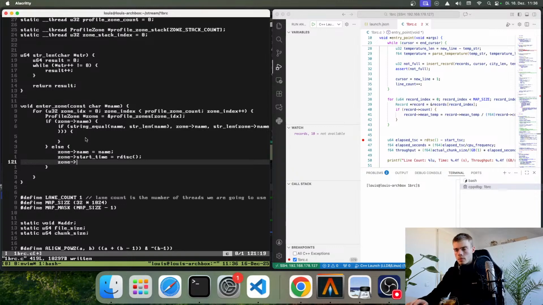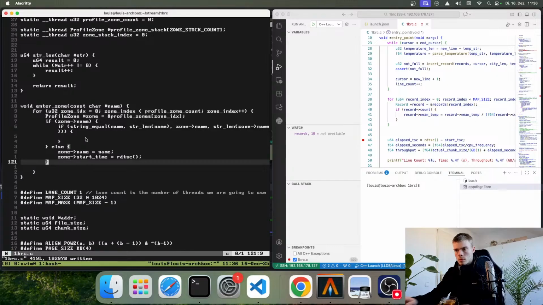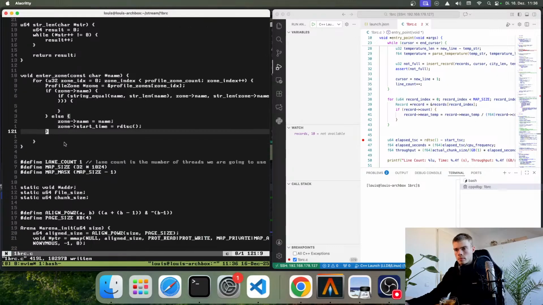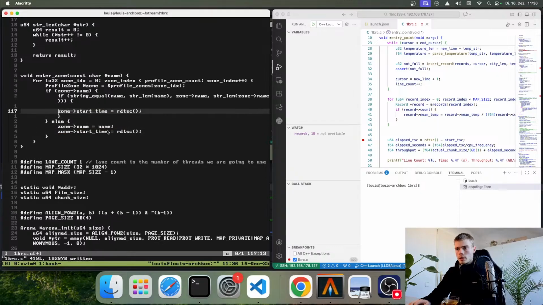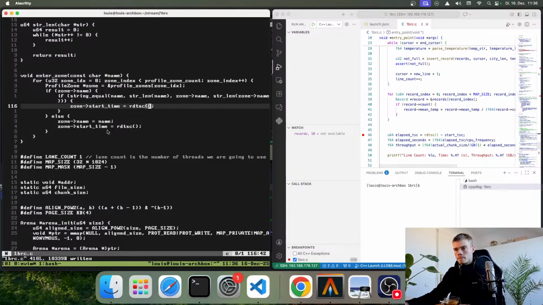Zone, yeah, that's enter zone. Also, if they are equal, we set the start time. We could,